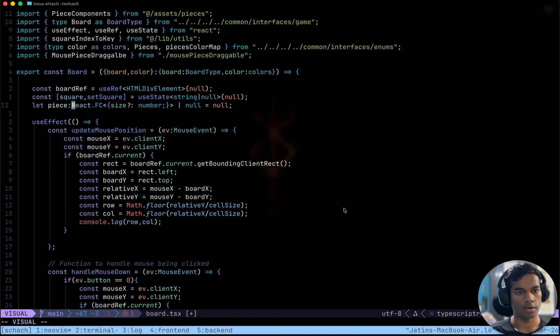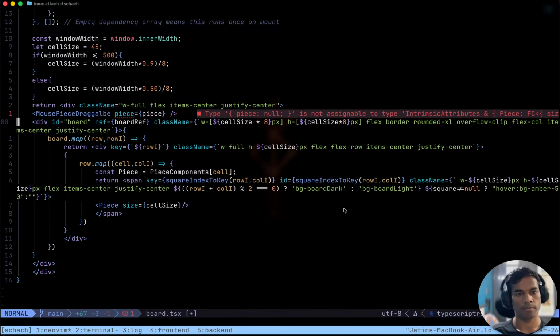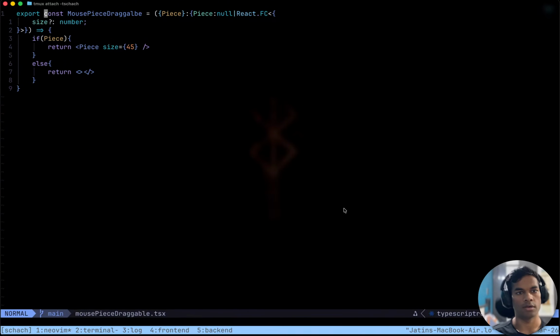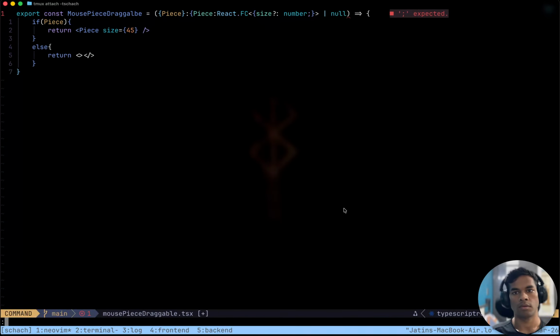Let's use the exact same type in the definition here. Type of piece is this, which should be working, but it is not.